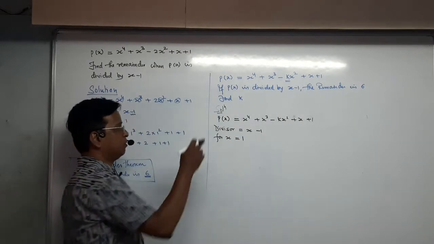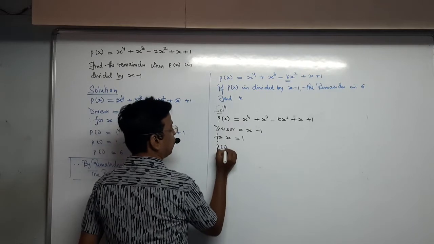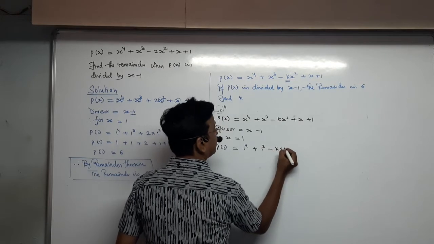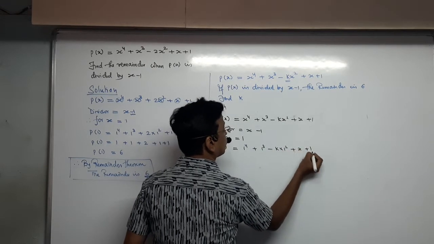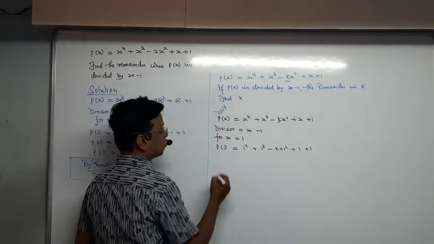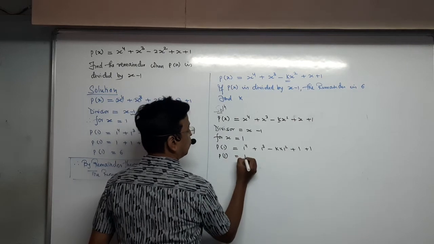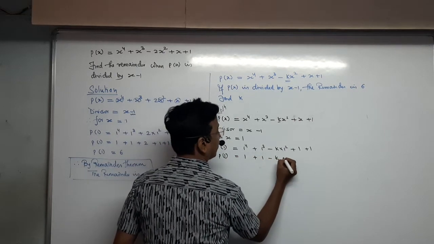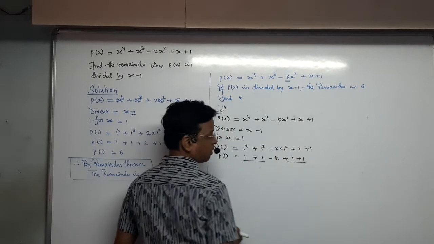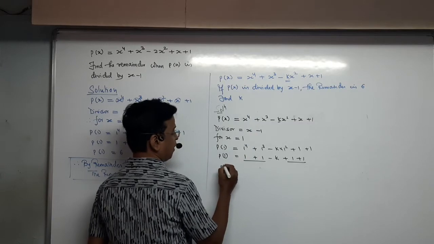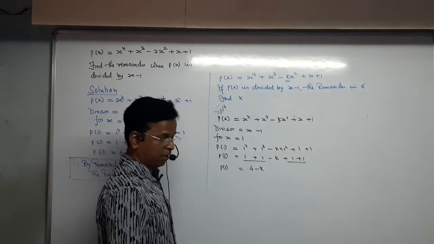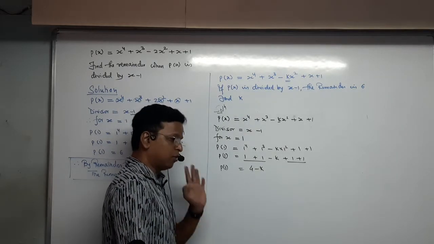Then you will find P of 1 is equal to 1 raised to the power of 4 plus 1 cube minus k into 1 square plus 1 plus 1. Right? Now this is a k over here. So you will write P of 1 equals 1 plus 1 minus k plus 1 plus 1. Now this will add: 1 plus 1 is 2, plus 2 is 4. So P of 1 is 4 minus k. Remember this will not add because they are unlike terms. They will not subtract with them. Up to here you will solve.